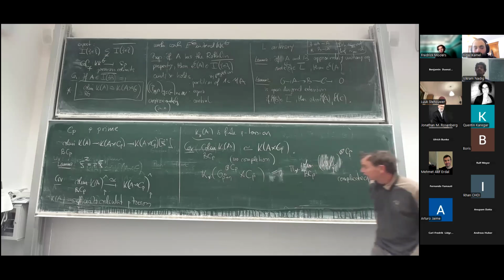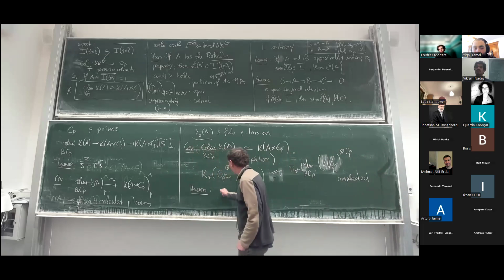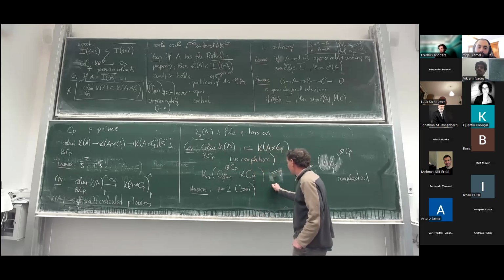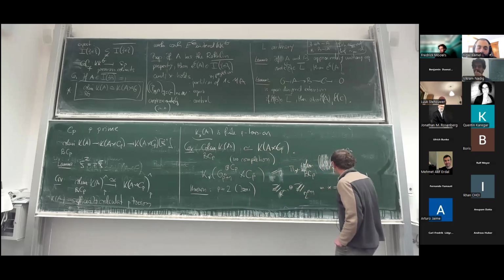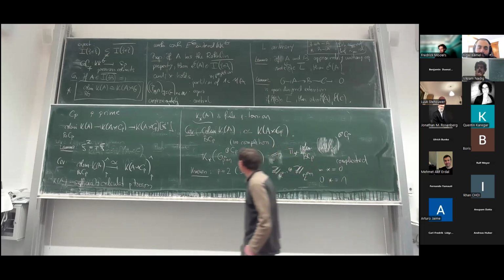So the known cases: if P is 2, it is due to Izumi. And in this case, we get Z mod 2 to the n minus 1 plus Z mod 2 to the n plus 1 in degree 0 and 0 in degree 1. And the only other case is essentially due to Nishikawa,